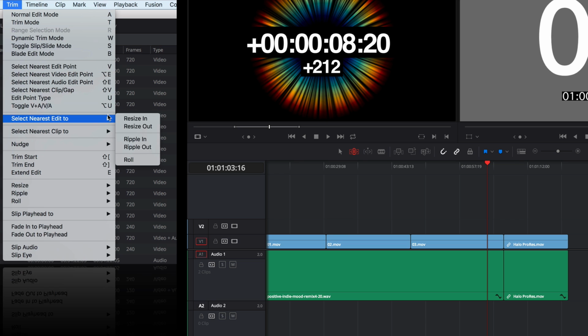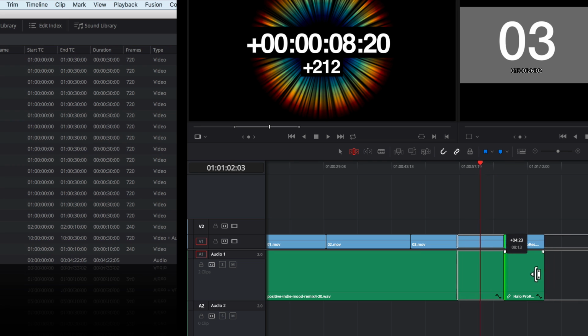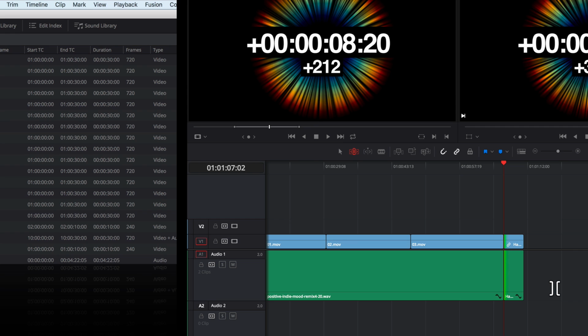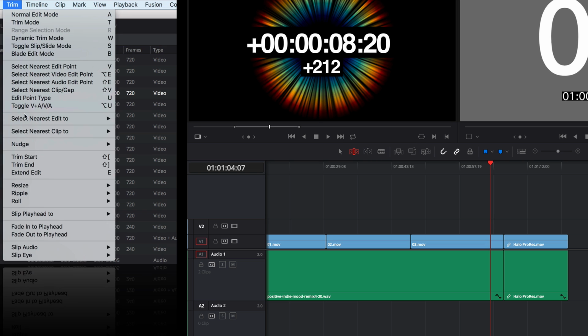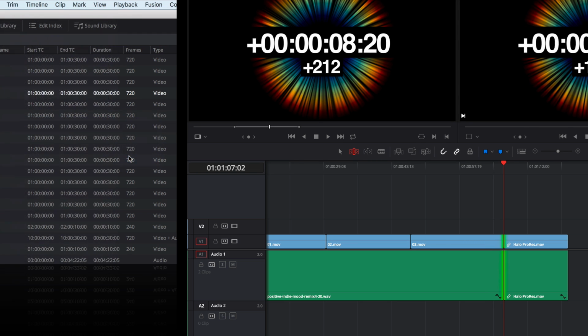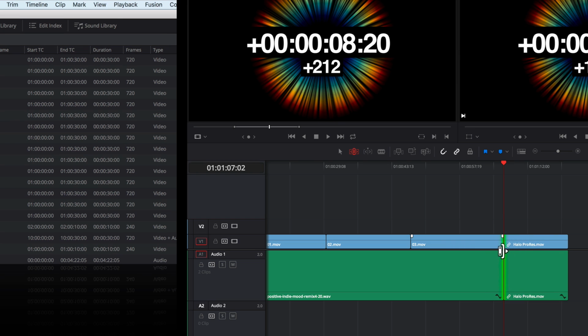I'm going to undo that, and let's turn that auto select back on and go to trim, select nearest edit, ripple in, and then as I drag that, you can see it's going to do the usually expected or desired behavior, which is shortening that clip and then rippling all the media after it, if we had that media in the timeline itself. Let's undo that. Let's go back up here to my trim menu, select nearest edit to roll, and it just does that. It selects both sides of the edit